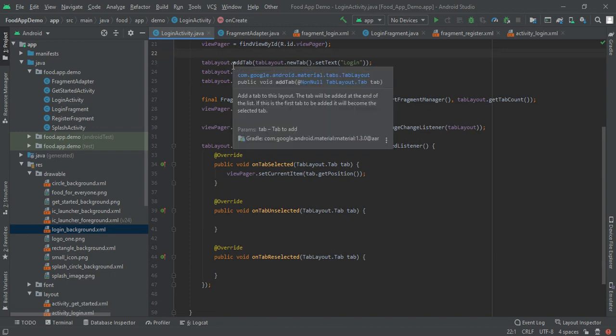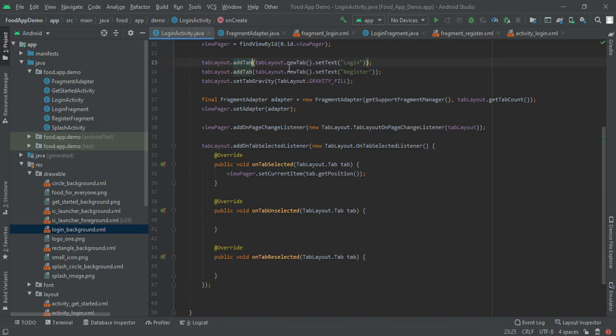So tabLayout.addTab, and here we make a new tab with its text set to login. And same like that, I added tabLayout.addTab, a new tab for register. For both, login and register, we make them fill gravity so that they will take the full space.